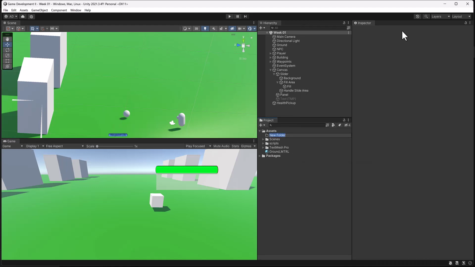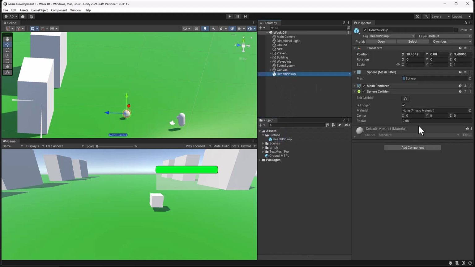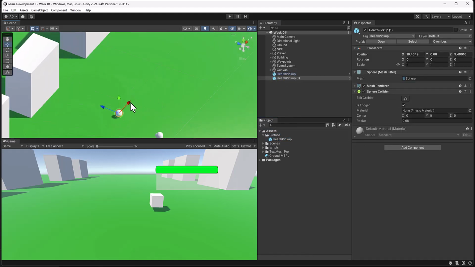What's nice is if we decide, let's go ahead and make a prefabs folder here. Right click, create folder, Prefabs. And we can drag our pickup here. Now we have a reference to it that we can always keep with all the code. And if I duplicate this a bunch like that,